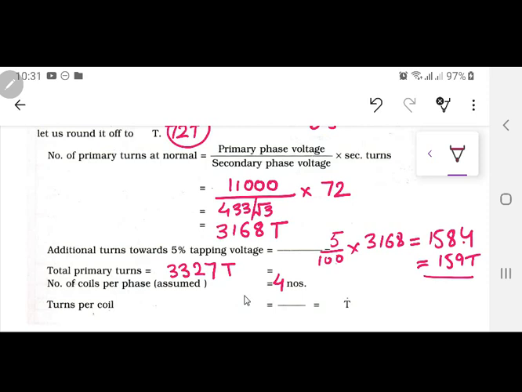Divide 3327. Now one problem over here. When you divide 3327 by 4, you are not going to get an even number. This is very important. So try to take that number of coils so that you can actually have it divisible. Or one thing I can do is make this one 3328, making it an even number. Now it's easy for me to divide it by 4. So I am trying to make this one as 160 turns.